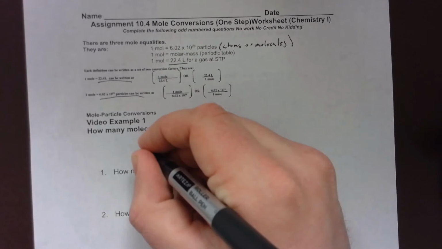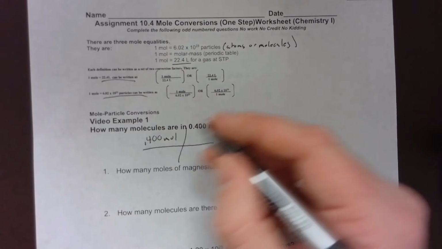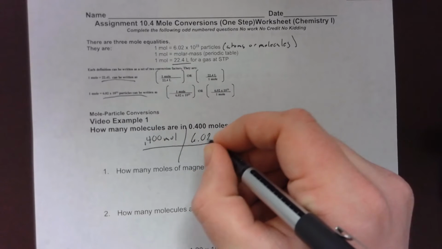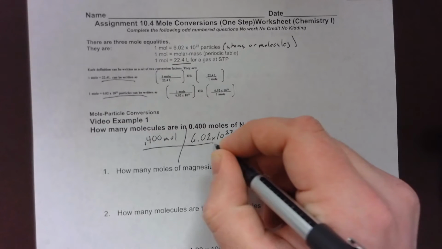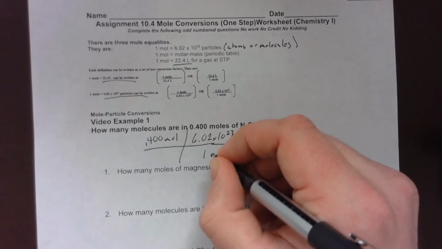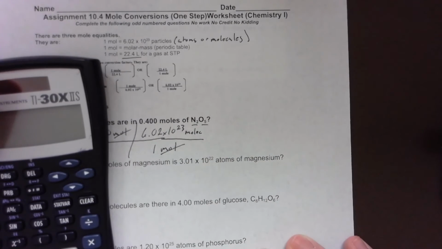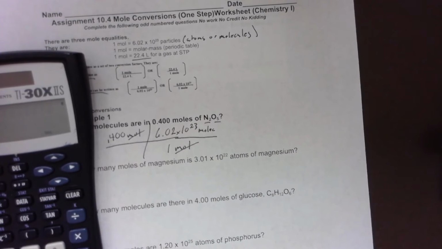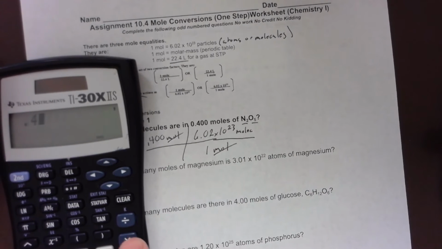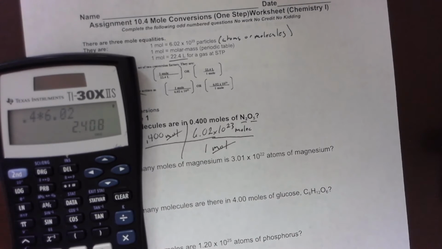So we start with our 0.4 moles, and we're going to molecules. So we know that we have 6.02 times 10 to the 23rd. You can call it molecules if you want to, and then over 1 mole, so we can get rid of our moles. Now, when we do this, we can take our 0.4 and multiply that by our 6.02,